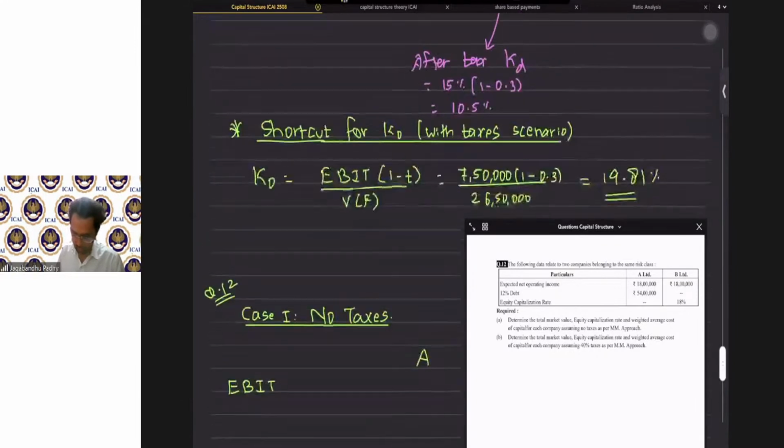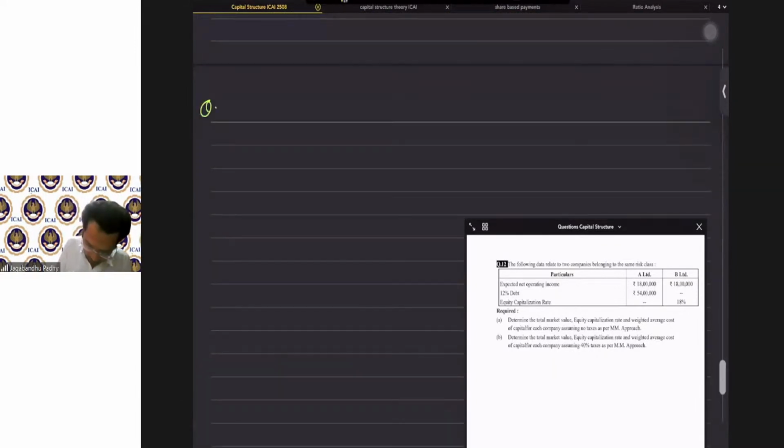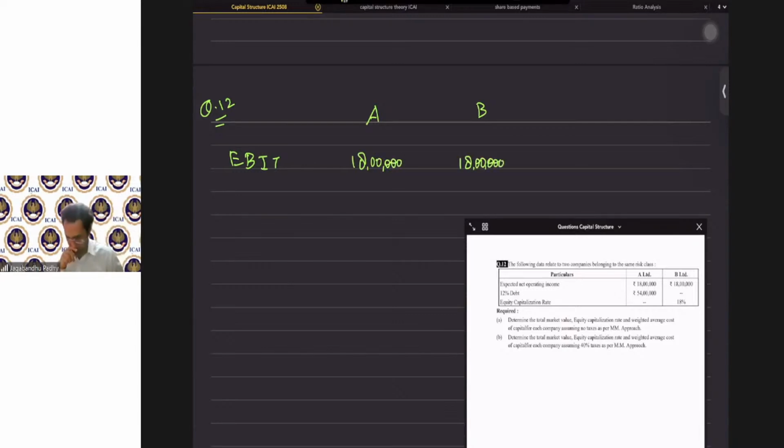Question 12, A and B. We have EBIT figures for both the companies. Earnings before interest and tax is 18 lakhs. Okay. Then less